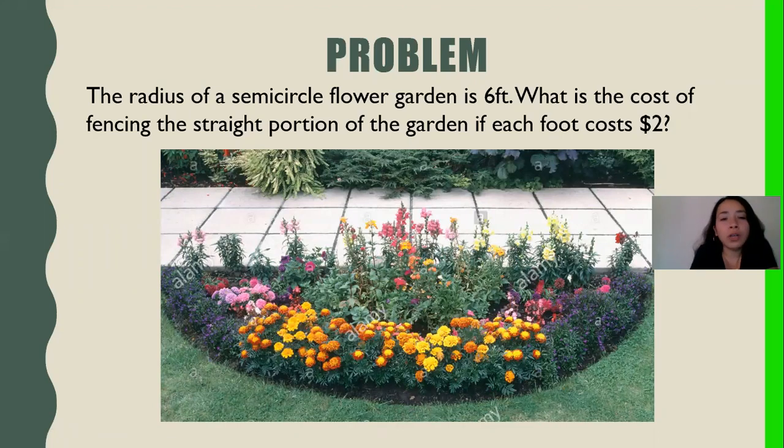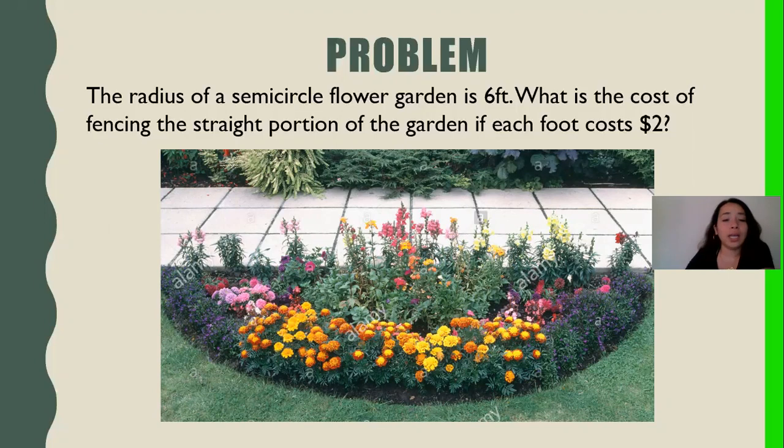And then our third portion would be, once we do a third read, so again, the radius of a semicircle flower garden is 6 feet. What is the cost of fencing the straight portion of the garden if each foot costs $2? Now we ask what's the math question? In this case, they give us a math question, so we need to figure out how to solve it. Our math question is, what is the cost of fencing the straight portion of the garden if each foot costs